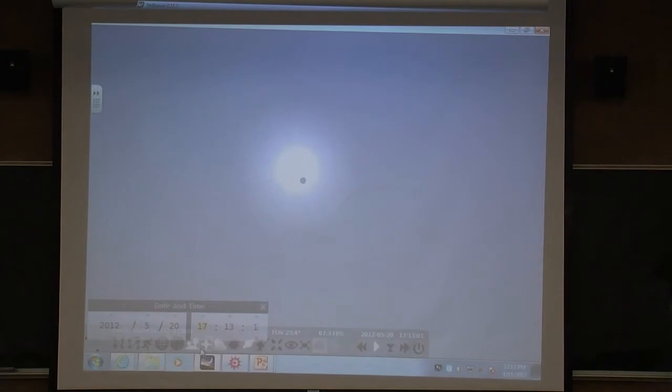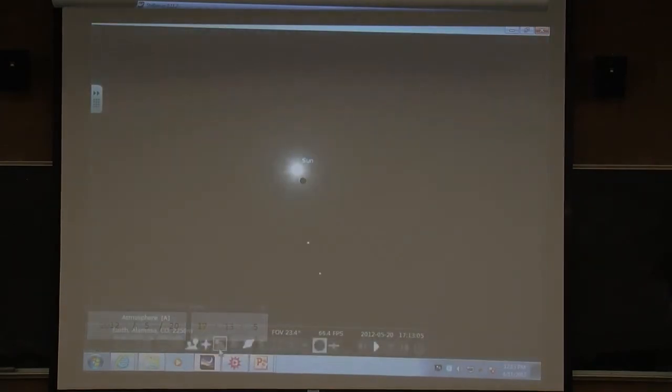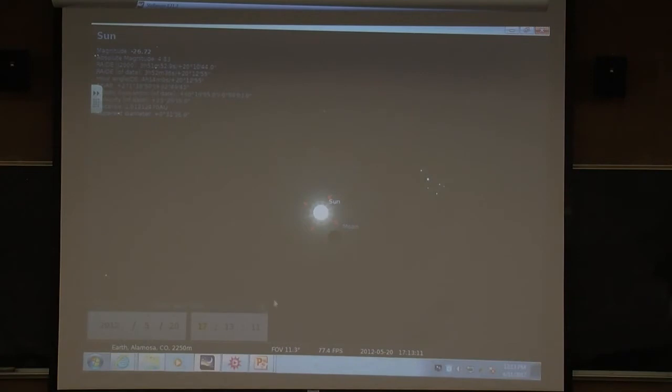And now zoom in a little bit. And there's some neat things you can do. You can turn off the atmosphere. Let's see, there we go. That way you don't get the glow. You can see things a little bit better. And you can click on the sun and say, track the sun for me. So it's going to stay on the sun as I change the time.